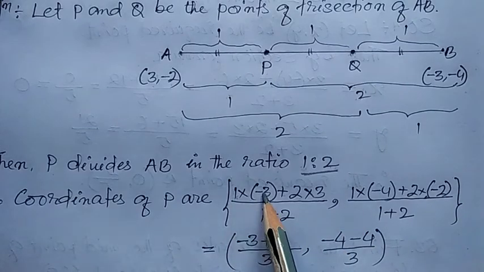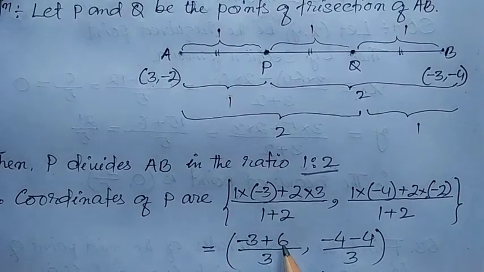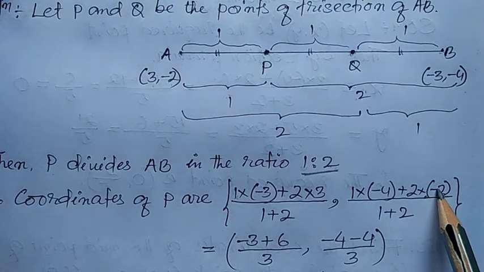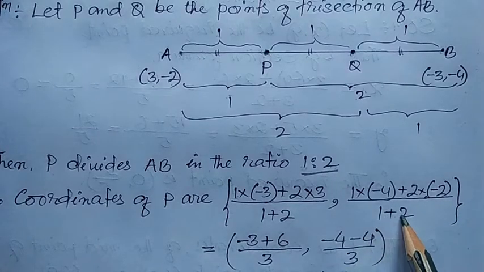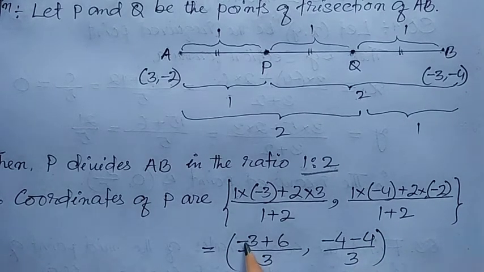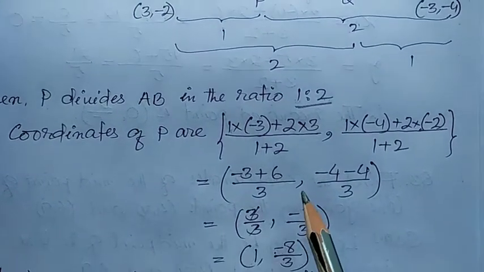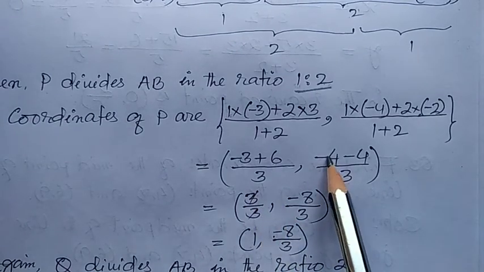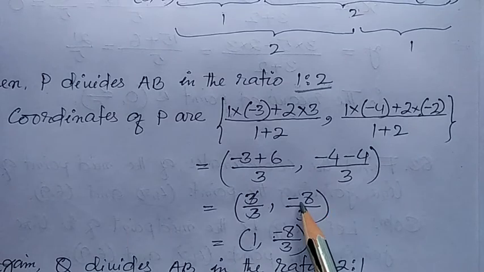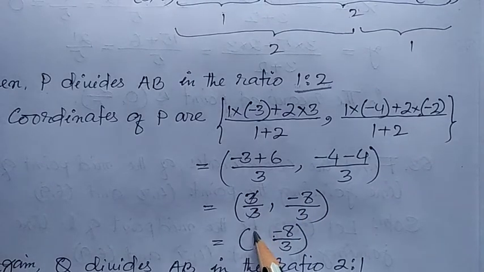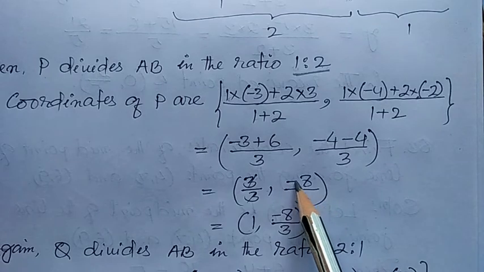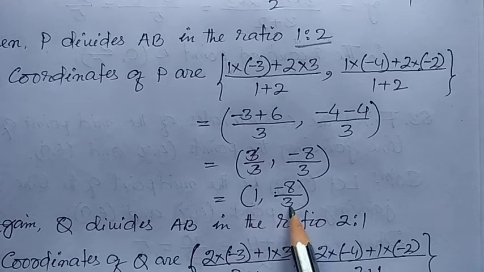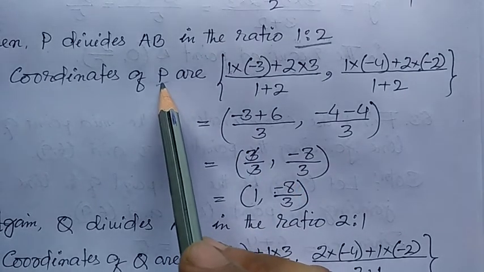Now we multiply: 1 into minus 3 is minus 3, 2 into 3 is 6, 1 plus 2 is 3. 1 into minus 4 is minus 4, 2 into minus 2 is minus 4, and 1 plus 2 is again 3. Minus 3 plus 6 is 3, and the denominator is also 3. Minus 4 and minus 4 combined is minus 8. Then 3 and 3 cancel, 1 is left, and the ordinate is minus 8 by 3. So we get 1 comma minus 8 by 3, which is the coordinate of point P,